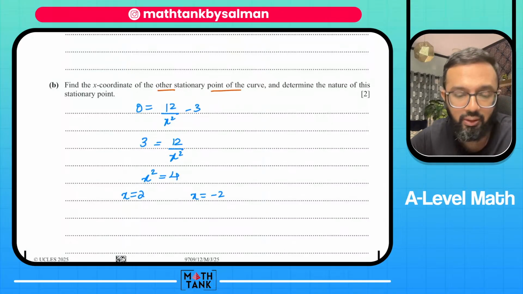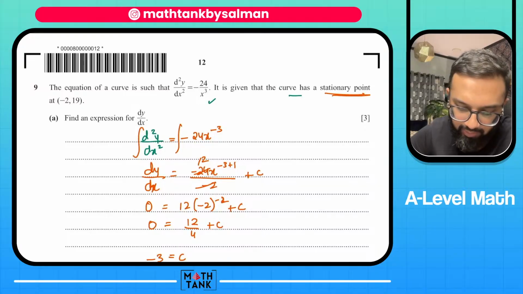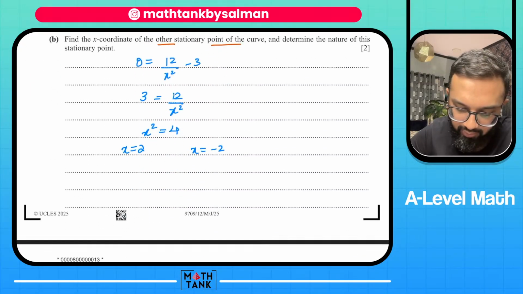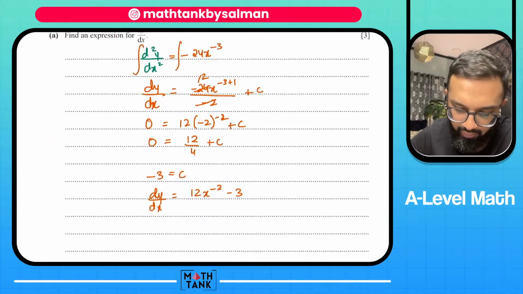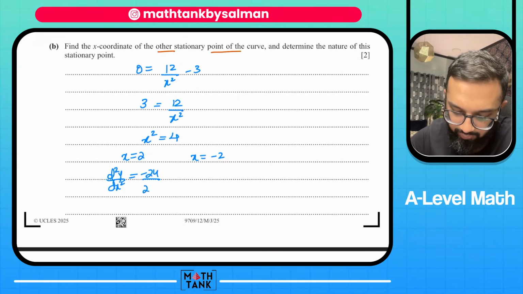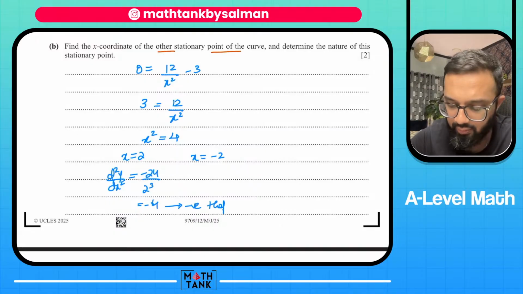And then I have to determine its nature. So I'm going to put it back here. d squared y over dx squared is minus 24 over x power 3. So 2 power 3 minus 4, negative, therefore